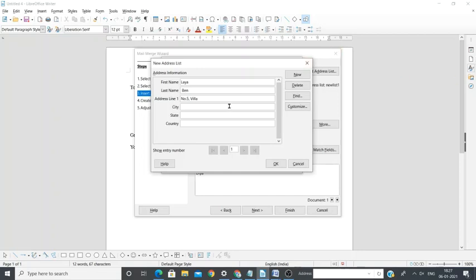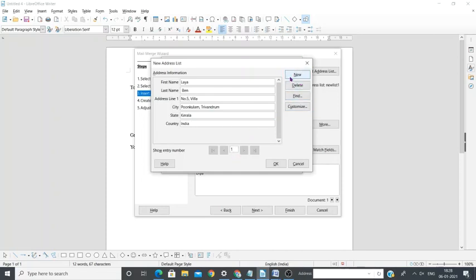Number 5 villa, and then city Pongulam, state Kerala, city Trivandrum you can write, okay, Pongulam Trivandrum, country India. Okay, so one list is added, and click on new button to add another name list.